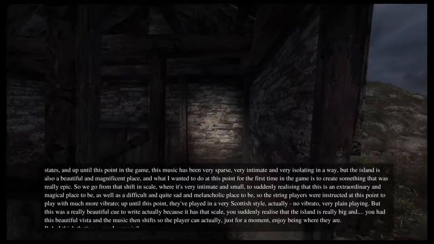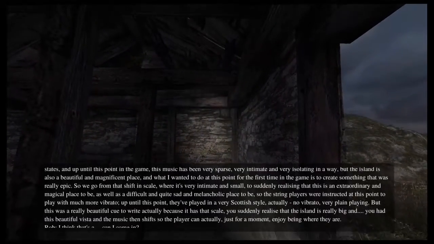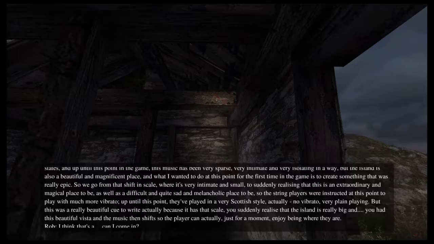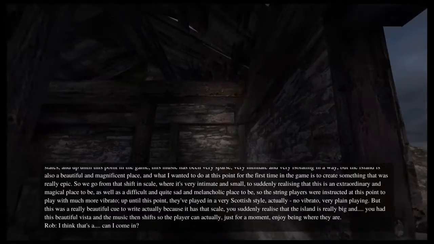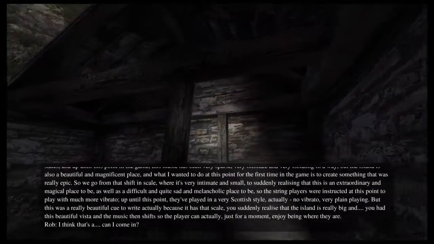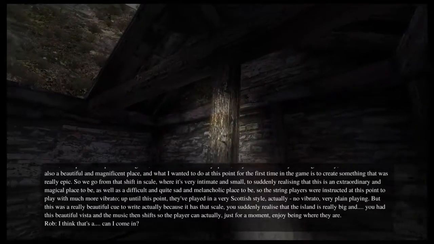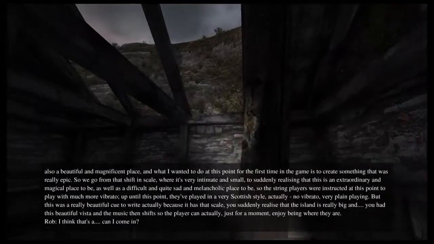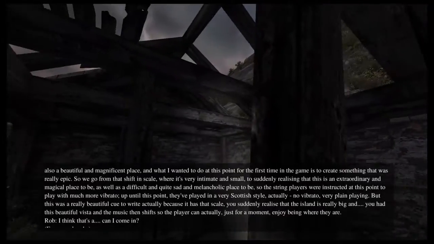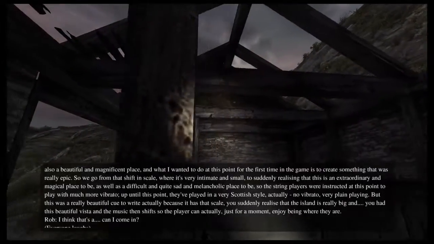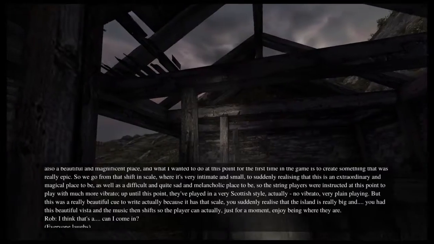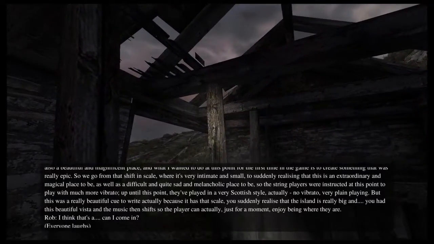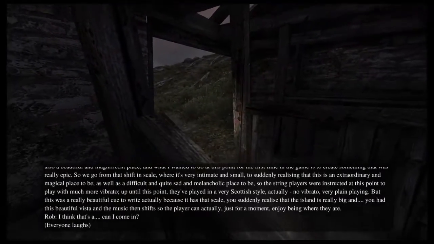But the island is also a beautiful and magnificent place, and what I wanted to do at this point for the first time in the game is to create something that was really epic. So we go from that shift in scale where it's very intimate and small to suddenly realising that this is an extraordinary and magical place to be, as well as a difficult and quite sad and melancholic place to be.